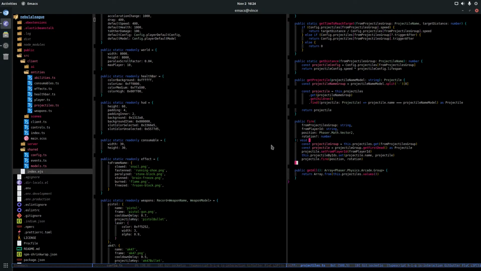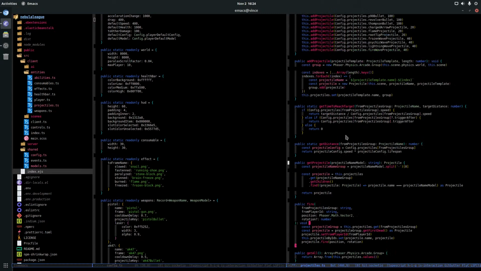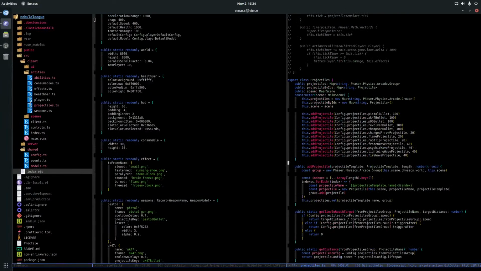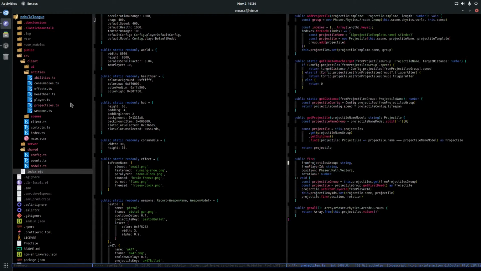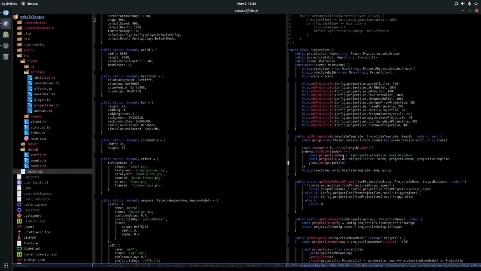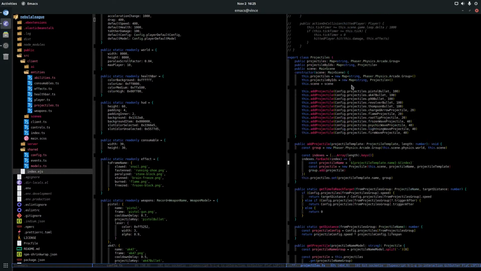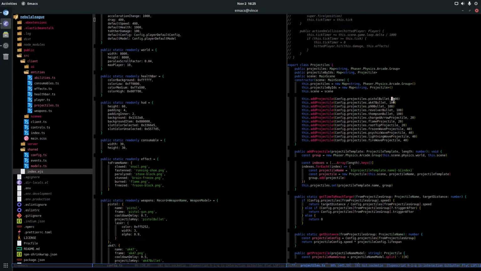Maybe I should have... I think my projectile has two objects that are not really related. Maybe I should have two classes, projectile and projectile, because they really split it. I have this configuration, the initial that I want.